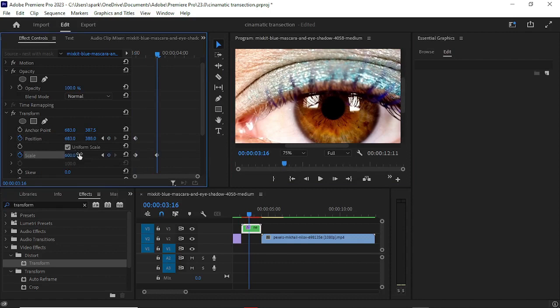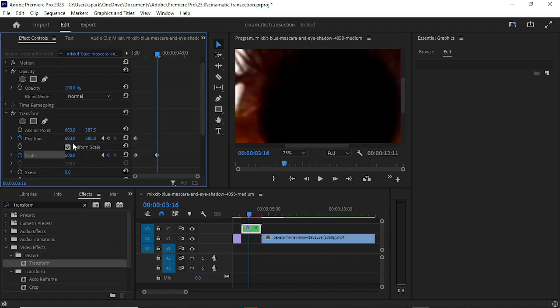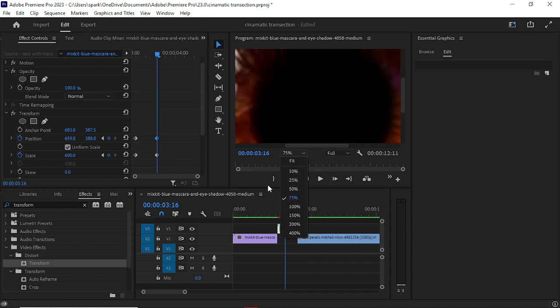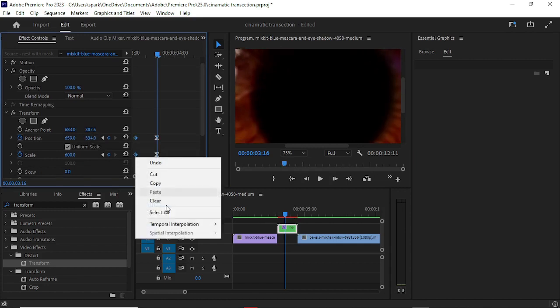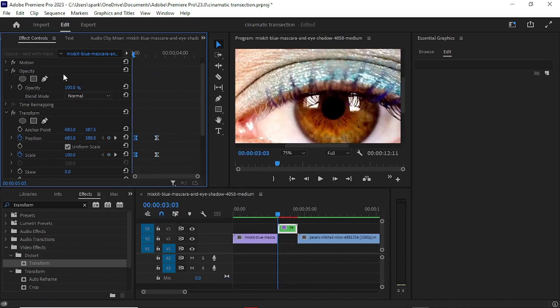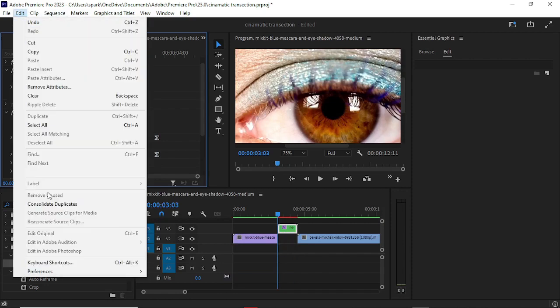Don't zoom more than 600 or your Premiere Pro will crash. So we have zoomed in and fix the position of it. Now as you can see, I'm just fixing the position of the eye. Now I'm adding the ease in and ease out. So now as you can see,